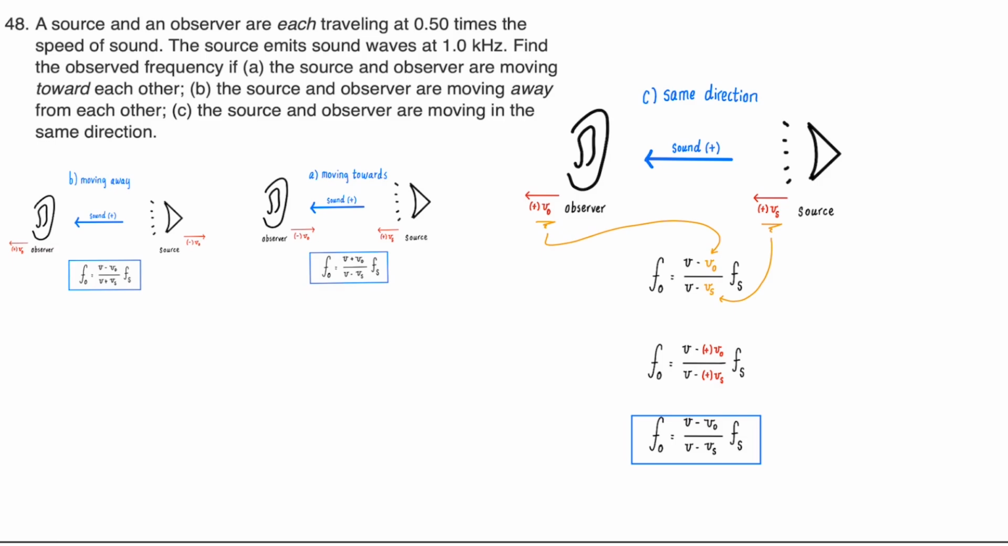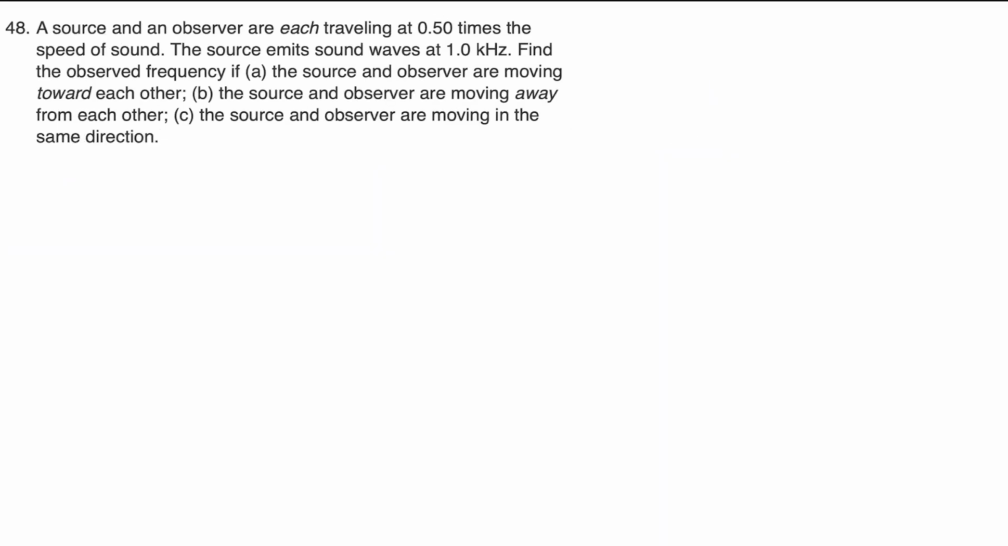And of note, if the source and observer were moving towards the right, then we would assign negative values to V0 and Vs instead, because they're moving in the opposite direction that the sound is traveling in. In that case, we would have plus signs in both the numerator and denominator in the Doppler equation. So now that we know what signs to use in the Doppler equation, let's take a look at the actual